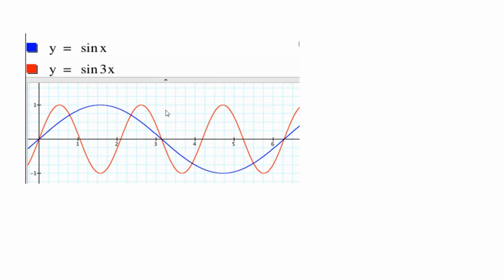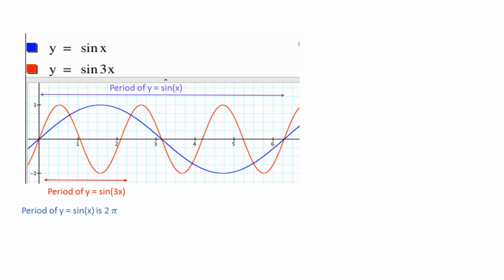So in this case, we've got red is y is equal to sine 3x, and we've got 1, 2, 3 periods in the length of time that y is equal to sine x has 1 period. So it goes through the cycle 3 times as fast. So the period of y is equal to sine 3x is 1/3 the length of the period of y is equal to sine x. We know the period of y is equal to sine x is equal to 2 pi in radians. So the period of y is equal